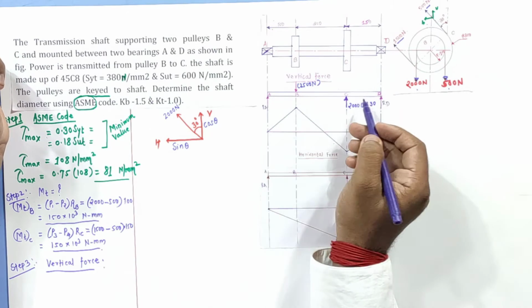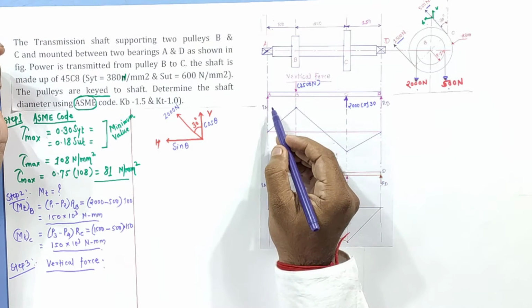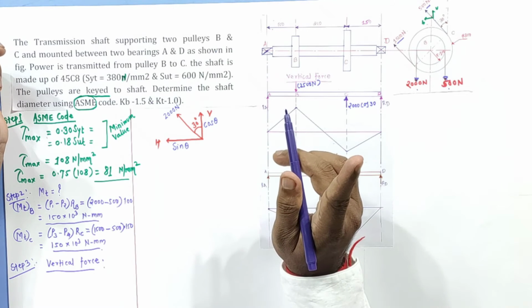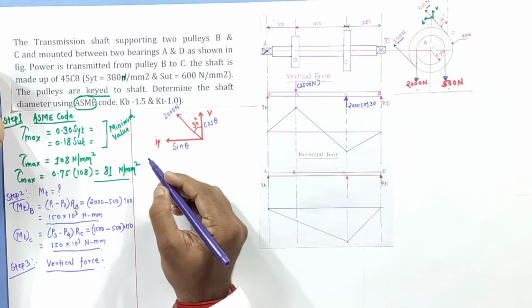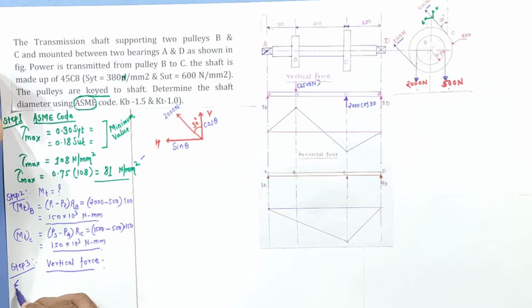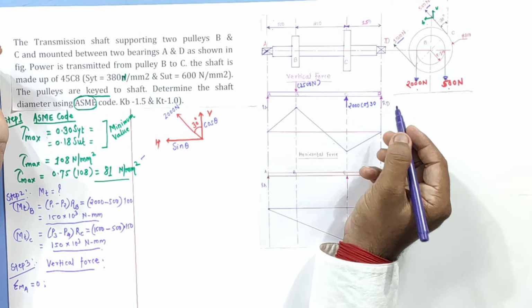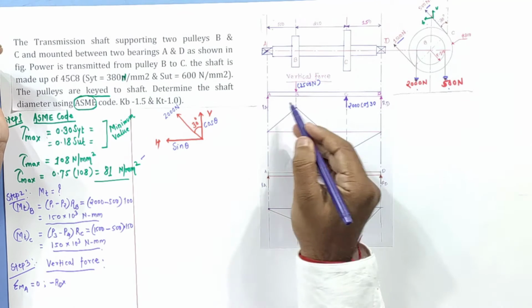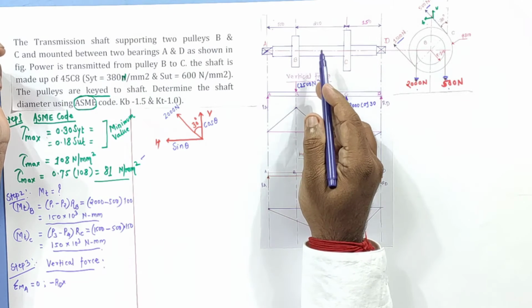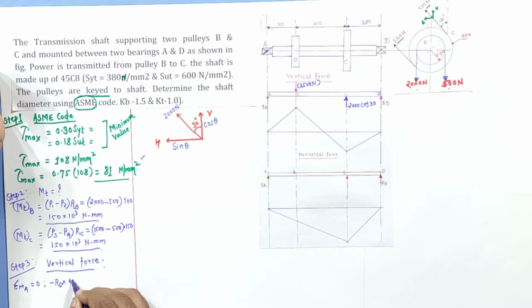Now I am going to solve this, through which I can easily calculate the bending moment. Correct? So one by one. Here the important ones are RA and RD that we need to calculate. Before calculating that, we'll have to take moment with respect to A. So I'll write here, moment with respect to A is equal to 0. What does it indicate? It indicates we will have to start from the D side, that is the D bearing. So here, as we know, minus RD into the total distance, that is 150 plus 200 plus 100, that is 450, RD into 450.